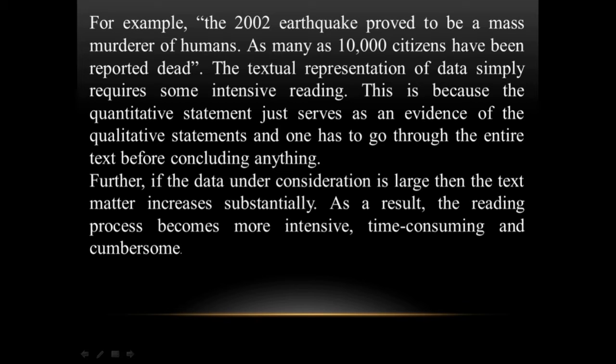Further, if the data under consideration is large, then the text matter increases substantially. As a result, the reading process becomes more intensive, time consuming, and cumbersome.